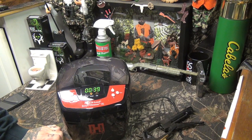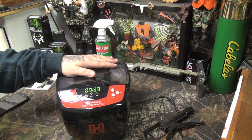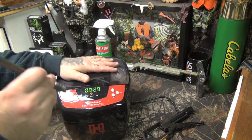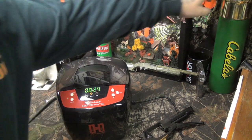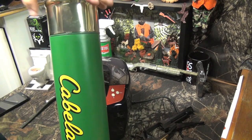I didn't want to make this a long, drawn-out thing because there's really not a whole lot to draw it out about. It's just a fantastic cleaner. This is what you need. This is how you use it. Make sure you got yourself a brush, something you could clean the part with, and then drop it back in. Forget about using these traditional cleaners here. You really don't need this, guys. If you got an ultrasonic,